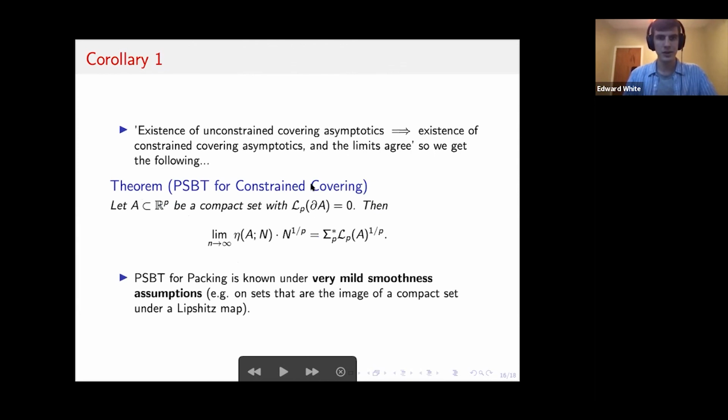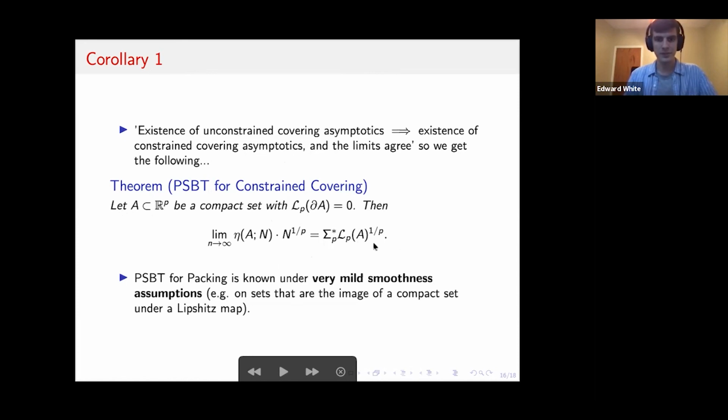So here is our corollary, which was one of our main results, which was that given that we know from theorem one, the existence of the unconstrained covering asymptotics implies and guarantees the existence of the constrained covering asymptotics, and that those limits agree, we just get for free this theorem for the Poppy-C-Bagel theorem for the case of the constrained covering. So here, this is automatically for free, given a set A in R^p as a compact set with zero boundary. Then we get that this limit also exists and is going to be equal to the first, which is why we have this same